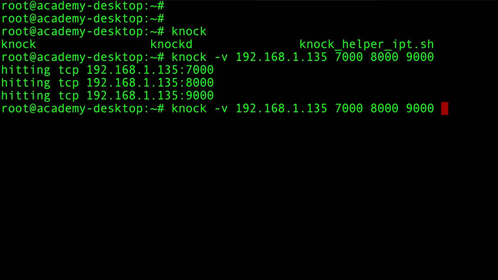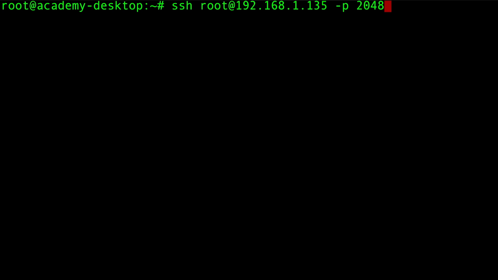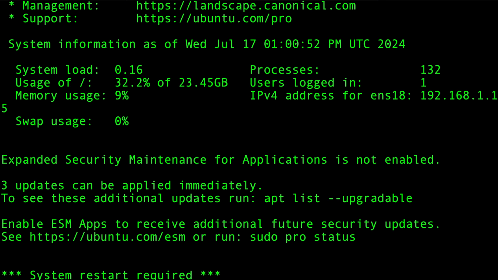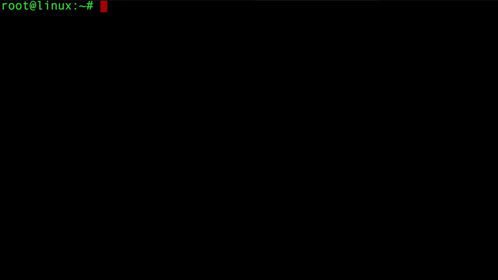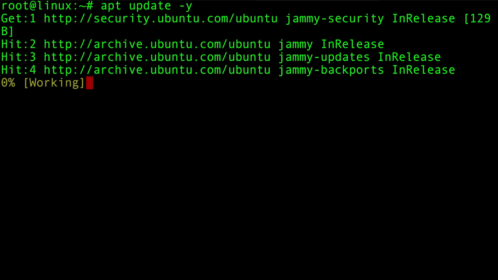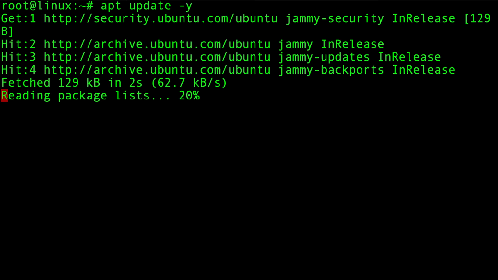Now let's try to establish an SSH connection using the same command, which is ssh root@your server IP -p your SSH port. As you can see here, I successfully logged into my server by knocking the server using the passkeys I had. I do whatever I need to do on the server, like let's update packages. And now I exit the SSH, I close the SSH connection,